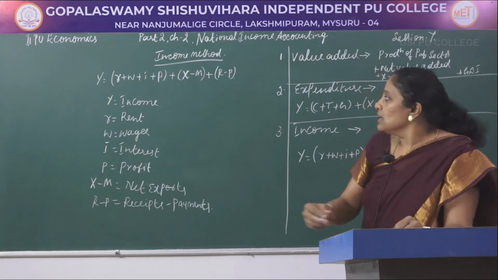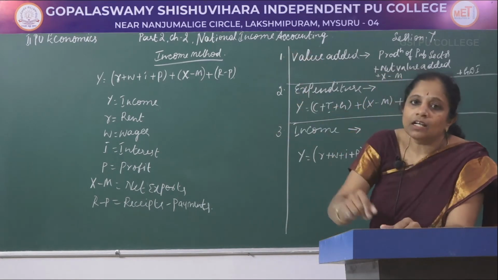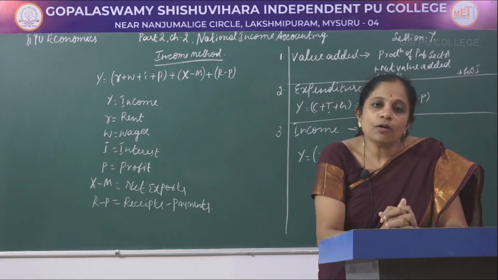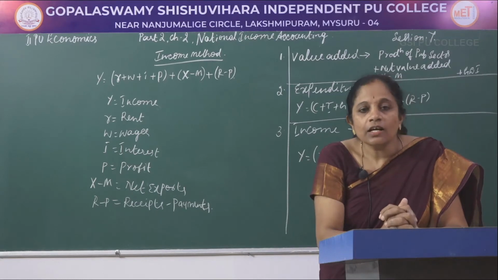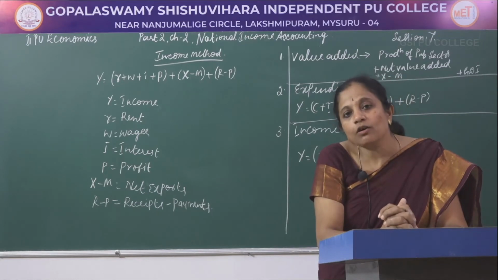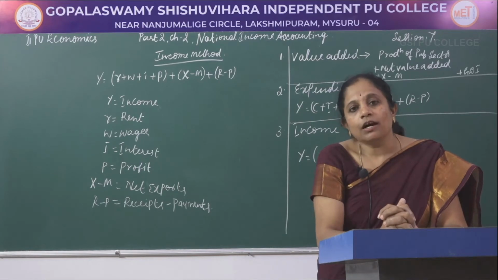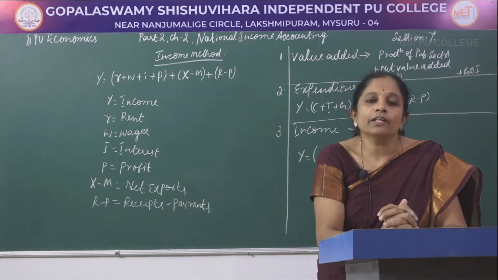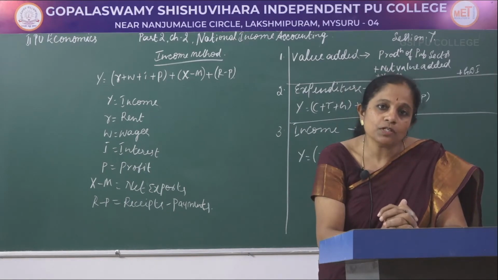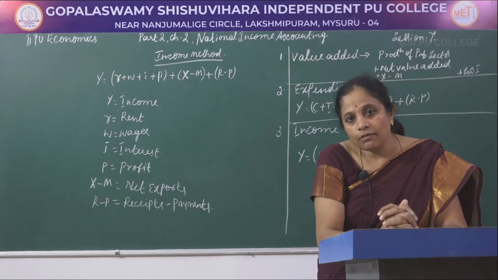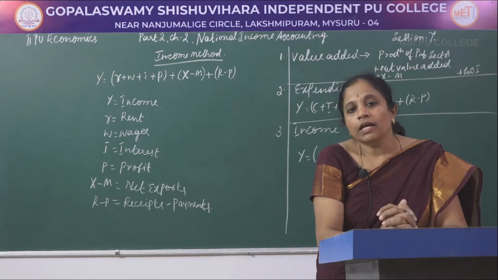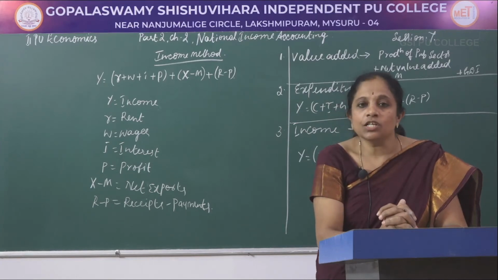As for the total receipts and payments, the government again does not want to have more payments, because in the form of payments the government has to incur a lot of expenditure. Instead, if it earns more receipts out of the local production of goods and services, the government can avoid the expenditure of imports as well as other unforeseen expenditures. Therefore, the income method derives the GDP.